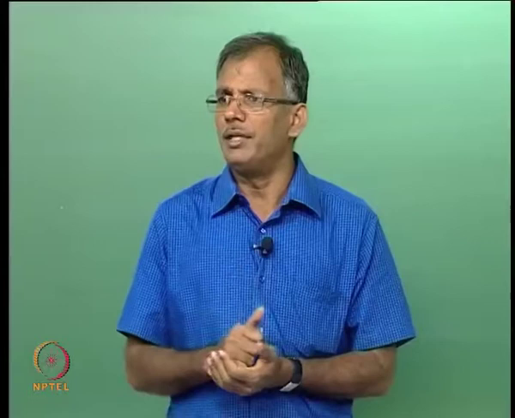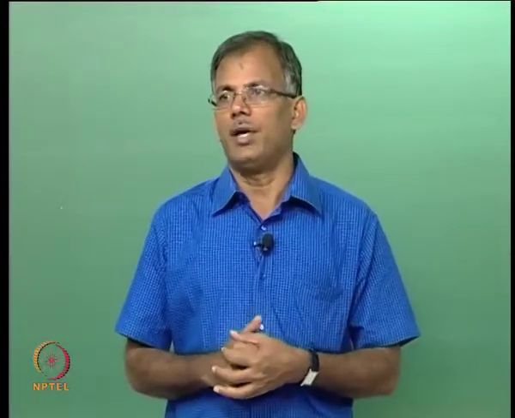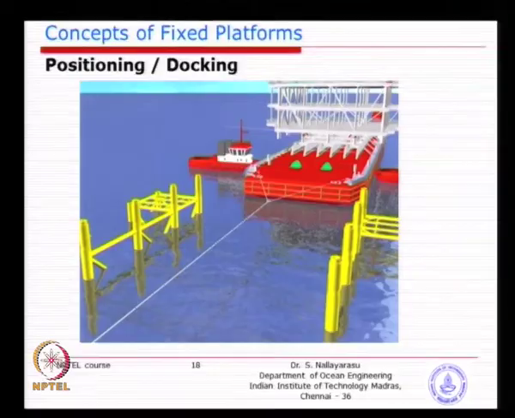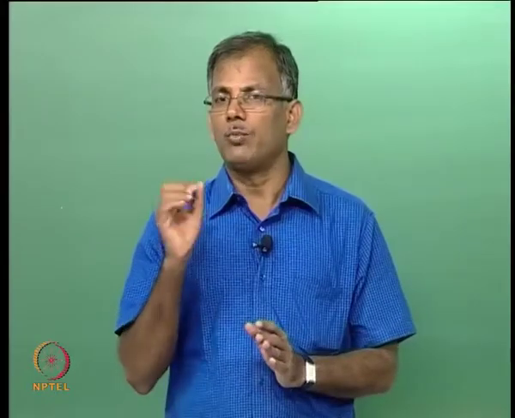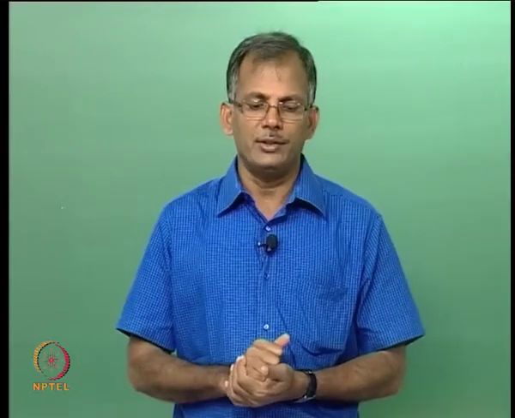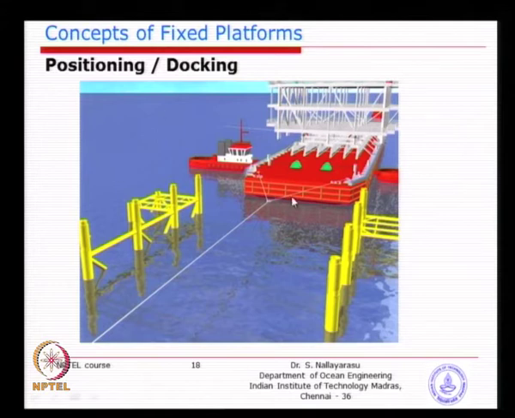Otherwise, even a small deviation can damage the structure without any warning, because the mass of the vessel is so high that even a small or low velocity movement can damage the jackets very easily. That is why you see the alignment, and also you will have wires connected to the forward ship or the boat going there. Sometimes, instead of these wires going by boat, we will have a winch connected to the jacket legs, and then the winch will move the ship slowly in a controlled manner, or you can have a winch on the ship, but the wire is connected to the jacket. Either way, you can just bring it in.